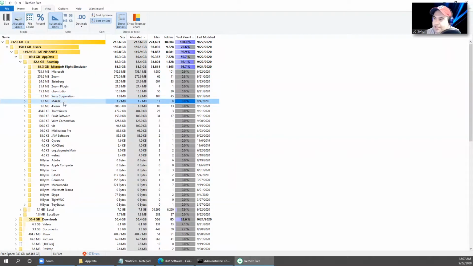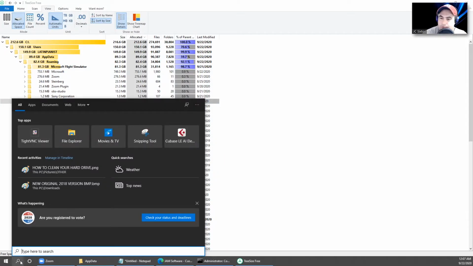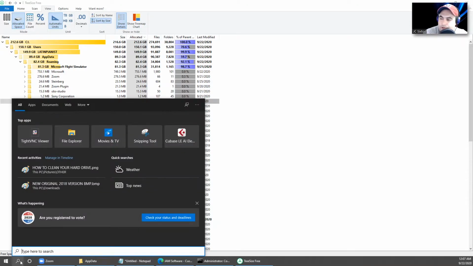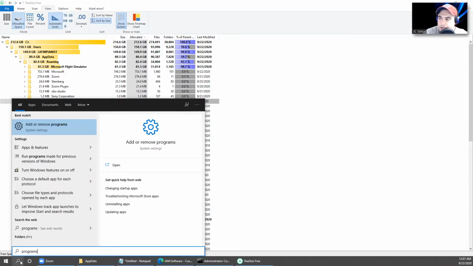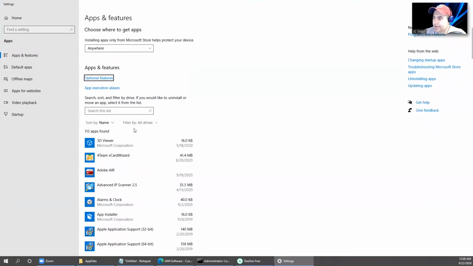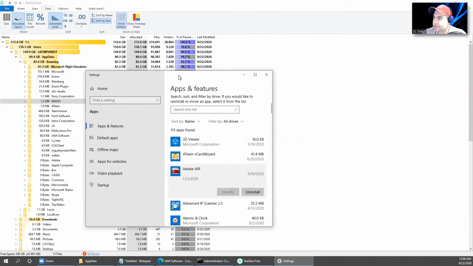Okay, but what happens is that sometimes when you uninstall a program, you go to uninstall a program, right? Or what I usually do is Programs and Add or Remove Programs. What usually happens is you go in here and you uninstall a program. This is a Windows 10 64-bit computer, and you go in here, and let's say you want to get rid of Adobe Air. Okay, you click uninstall. Well, sometimes that's only going to get rid of